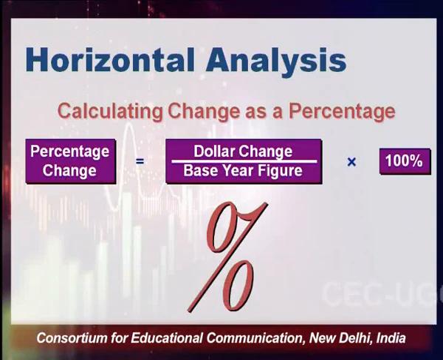Now this 10,000 units could have been 10,000 rupees, could have been $10,000, right? So I would then say that 10,000 rupees was the value of sales. This 10,000 rupees could be 10,000 crores, right? So 10,000 crore was my sales in the previous year. Now this year my sales are 15,000 crores.